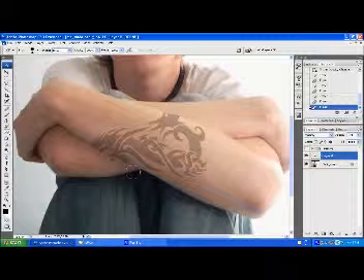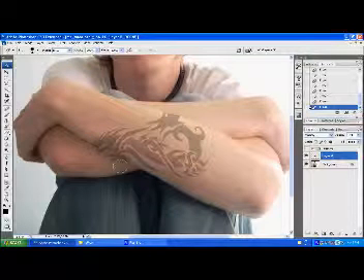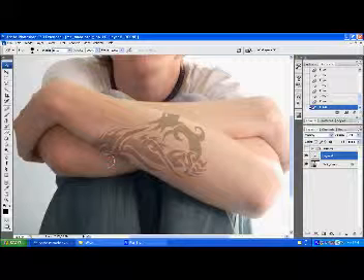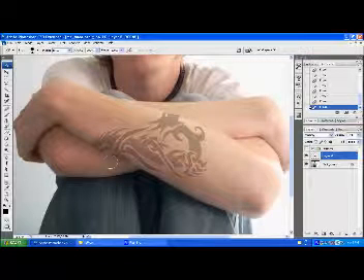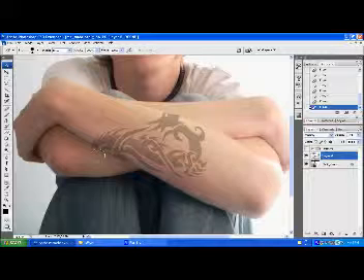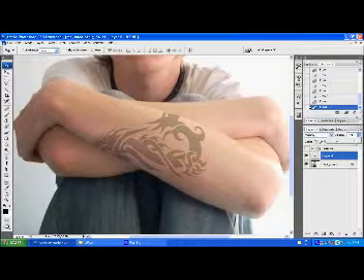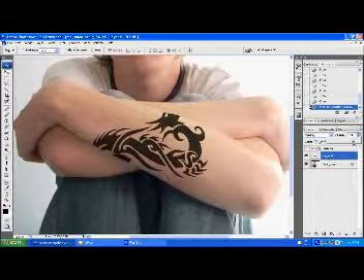I'm going over this quite fast, but when you do it yourself you can take your time a bit more and get it right. You also may want to zoom in to make sure that you get it right on the edge and it's not being cut off or hanging over. Now we'll change the opacity back up to around 80,